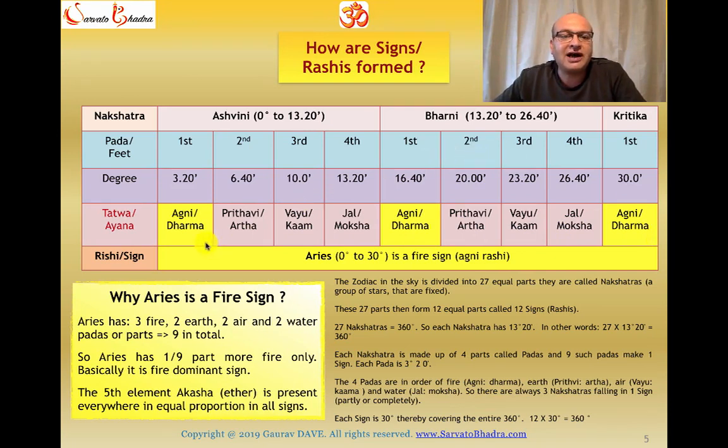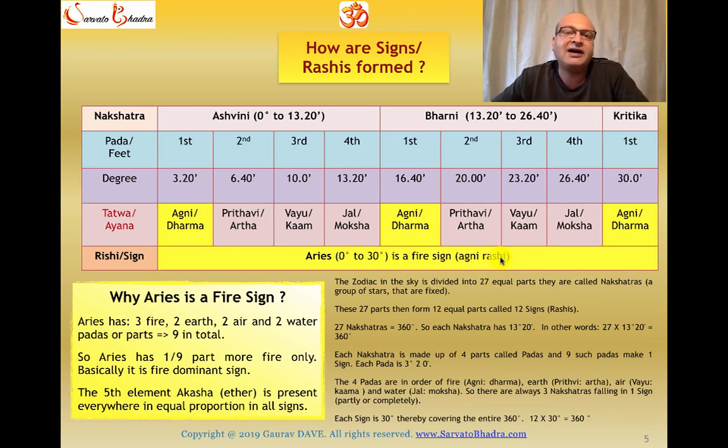So if we look at the padas and we see they are 9 in number, and if we take the respective ratios of each tattva, then we find that 3 out of 9 Agni makes a 1/3 score, which is higher as compared to all the other 3 tattvas which individually have 2 by 9 score. So Agni is dominant in this region, in this compartment of the Bhachakra zodiac, and this compartment is called Aries,